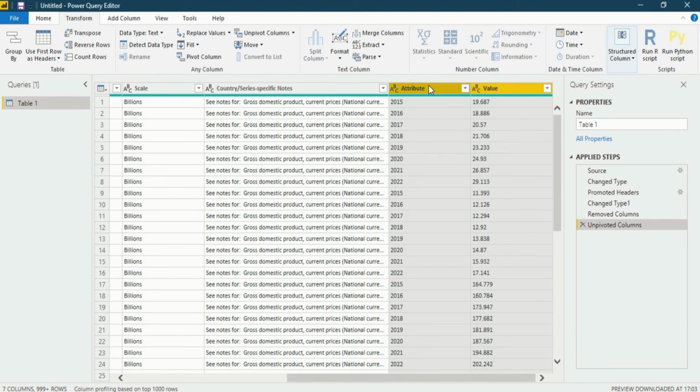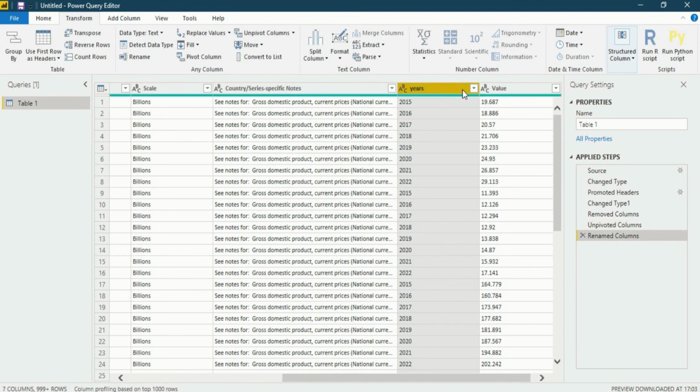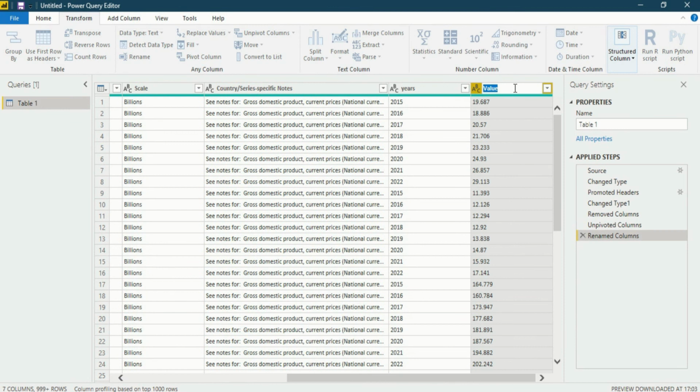How to change the name? You have to double click on it and write Year, then press Enter. After that, for the values, that is GDP, you can double click on it, write it, then press Enter. The title of our column will be changed. So the name has been changed.